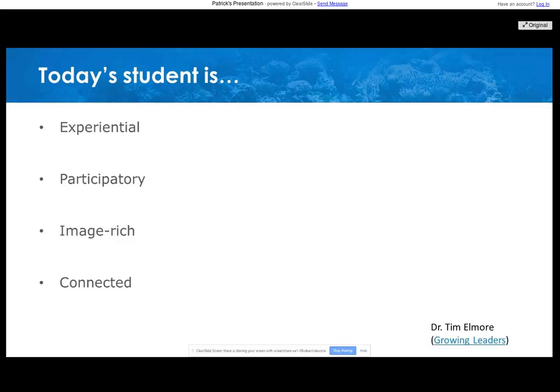We want them to be able to connect with each other. We want them to own the idea. If we can pull off these four things in our classroom, then I really think we increase the chances of getting through to students. We help them understand better. We help them learn, and that's really our goal. With that being said,